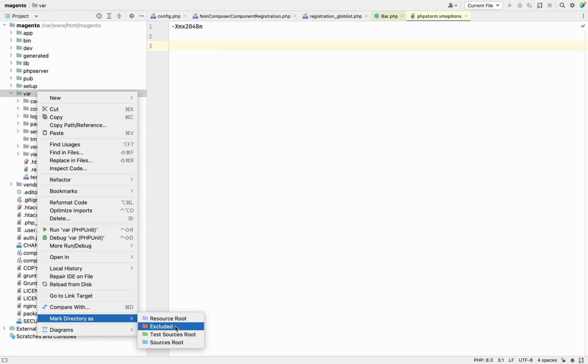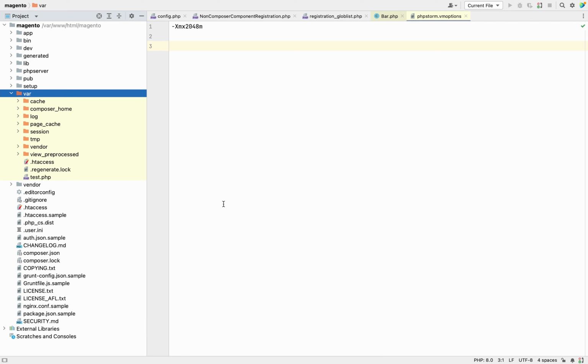Once you click on this excluded button, it will exclude this folder from indexing. So next time when your project is being indexed for the auto completion feature, this folder will not be indexed. And once you exclude this folder, you will see it in this light yellow color.